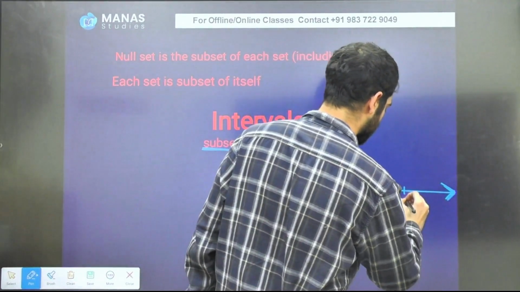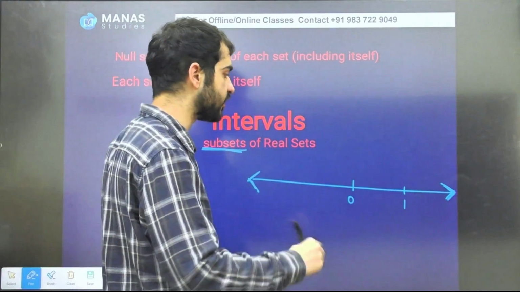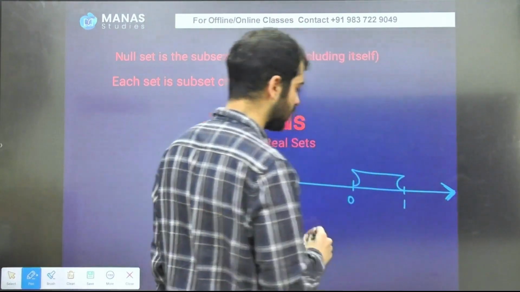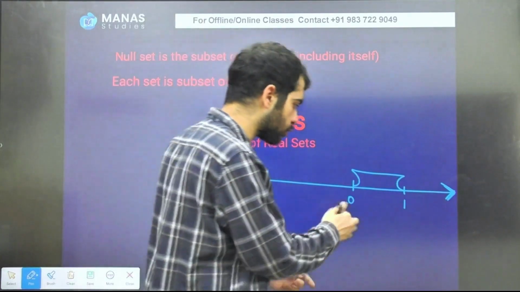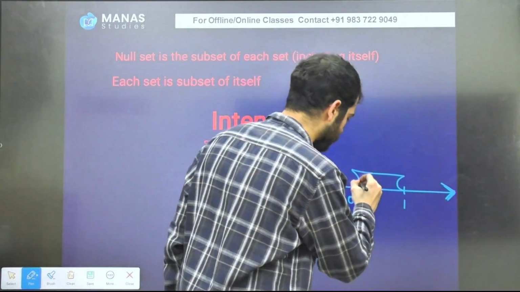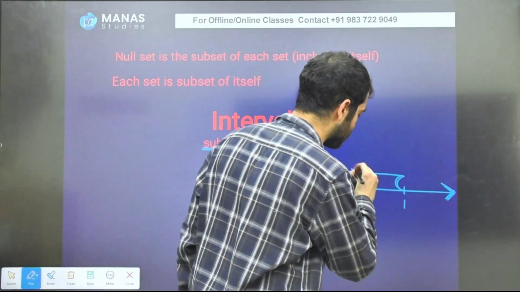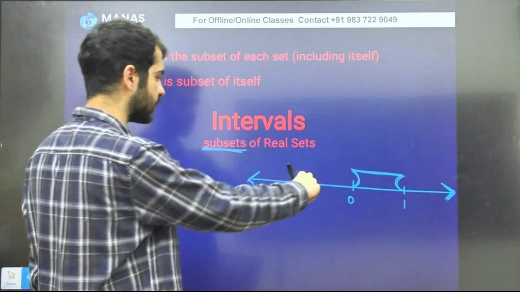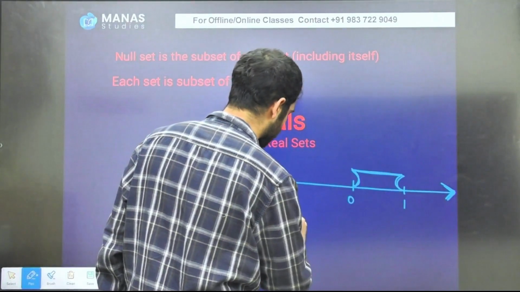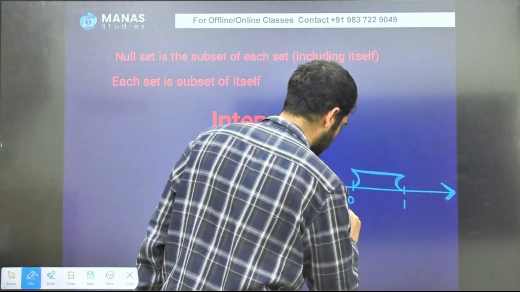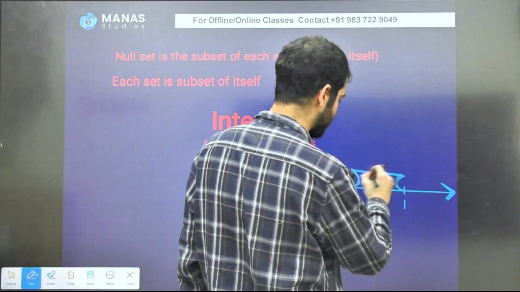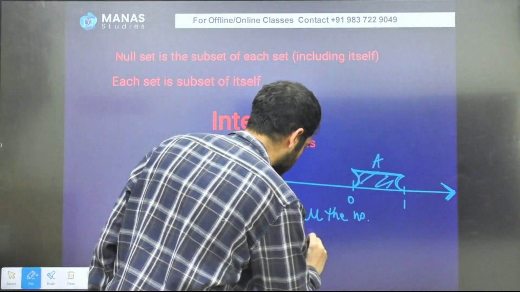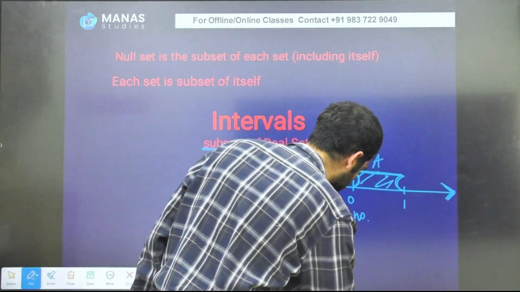If I say that I have to take all the numbers between 0 and 1, then I'm going to take from here to here. When I'm saying between 0 and 1, we are not going to include 0 and 1 because the word between means the numbers that are coming in between the two marks. So it's going to be a subset of the real set. The real set contains all the numbers, whereas the set which I am considering, let's call it A, now A contains numbers between